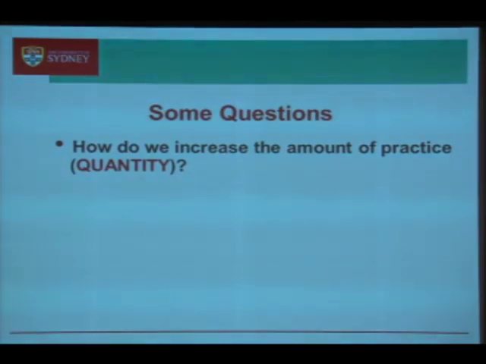We know that in a sport like soccer, where early specialization is the norm, in excess of 10,000 hours plus is needed to become an elite player. I think we're probably nudging nearer towards the 20,000 hours now, to be fair, by the time you make an elite international level player. So how can we make sure that we get players to engage in the sport early and to accumulate the right amount of practice? How can we ensure that that quality of practice is appropriate as well, so that the necessary adaptations occur?